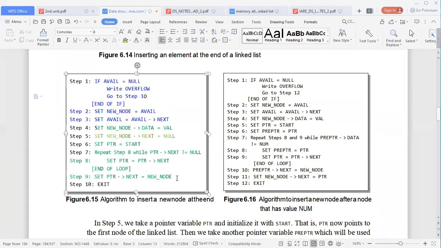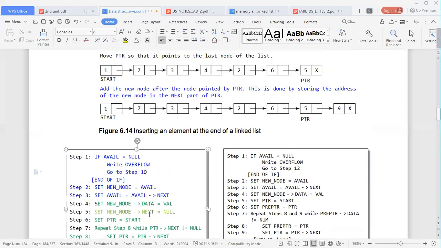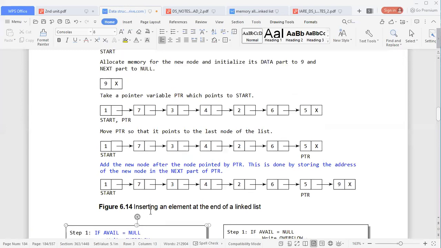Roll number 66. Are you available? 75. Yes, sir. 66, did you understand? Yes, sir. Should I explain once again? Now copy the algorithm along with the diagram. Is the diagram copied by you? Yes, sir. Completed, sir.